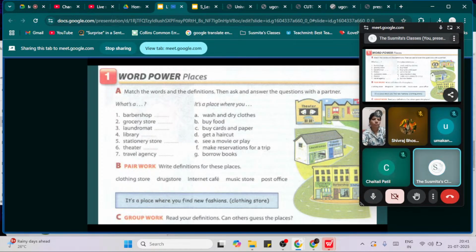Now here, the first exercise that you have is you have to make the questions over here and then try to answer the questions by matching the following over here. Questions mostly are in the given format. What is a barber shop? Example, what is a barber shop? Then you will say it is a place where you get